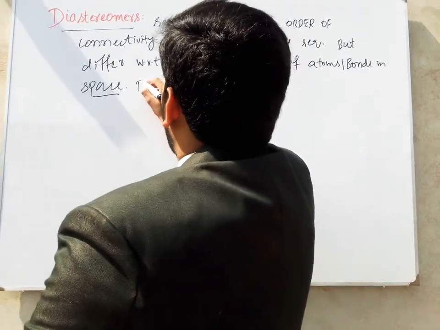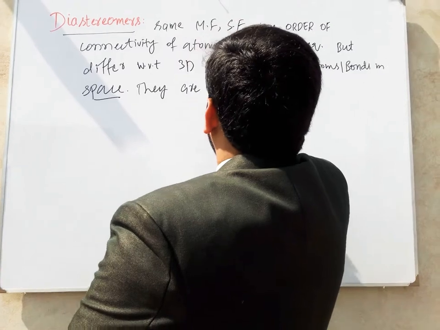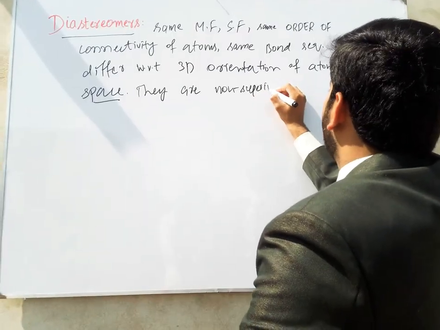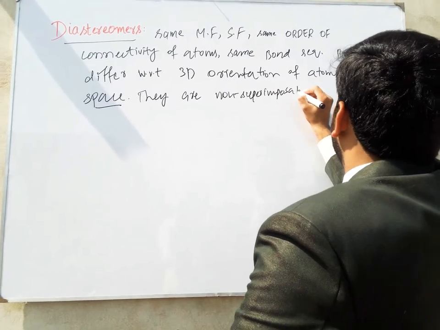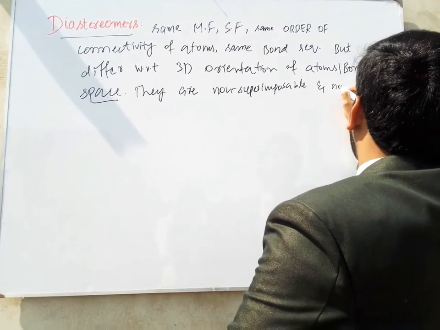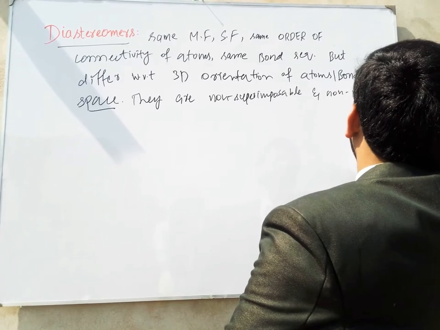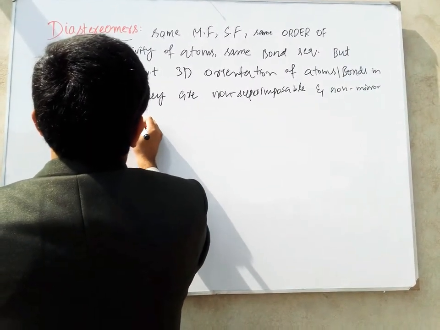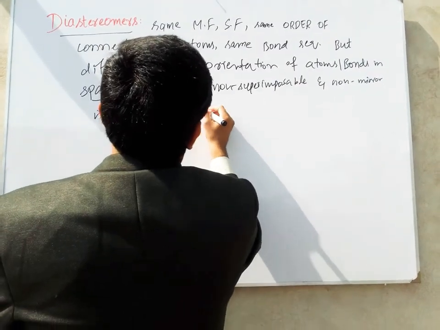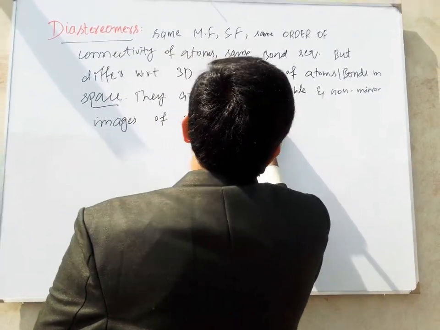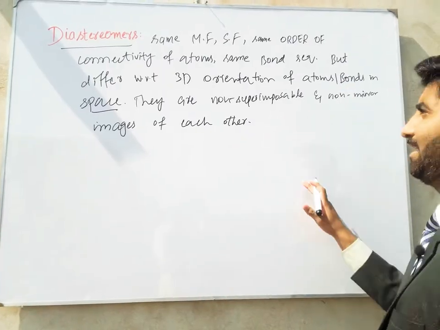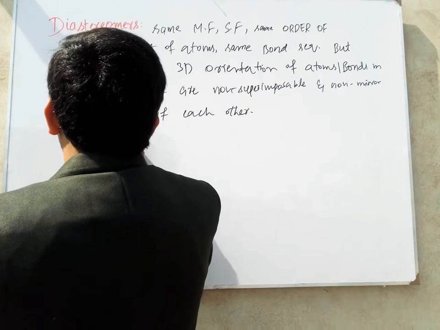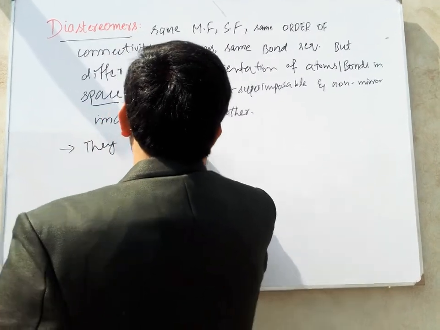and they are non-superimposable and non-mirror images of each other. They are called diastereomers, and they have different